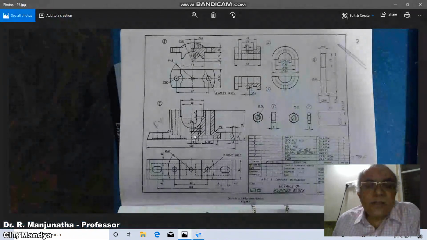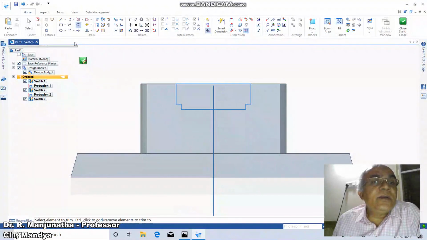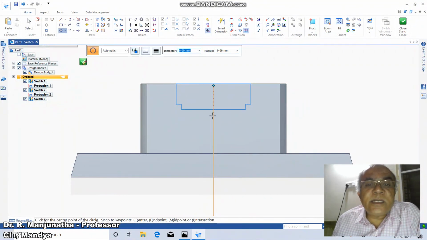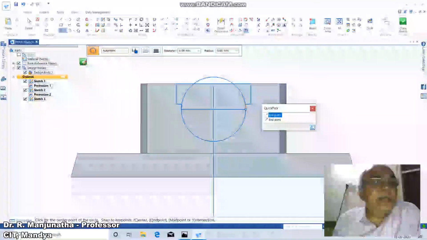Then what I need is we have radius of 18, 19, 38. So go to circle, take this as the intersection point and take this as the end point, 38 mm. Then go to trim.